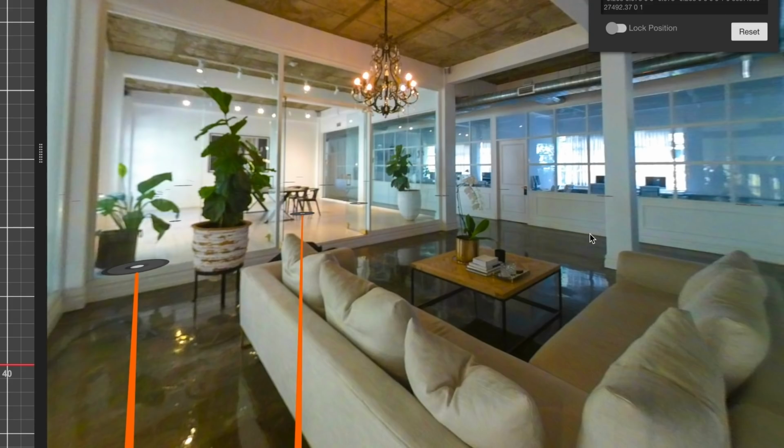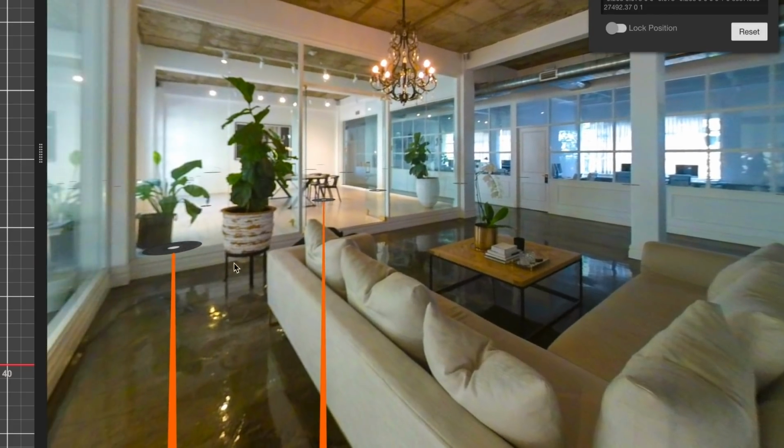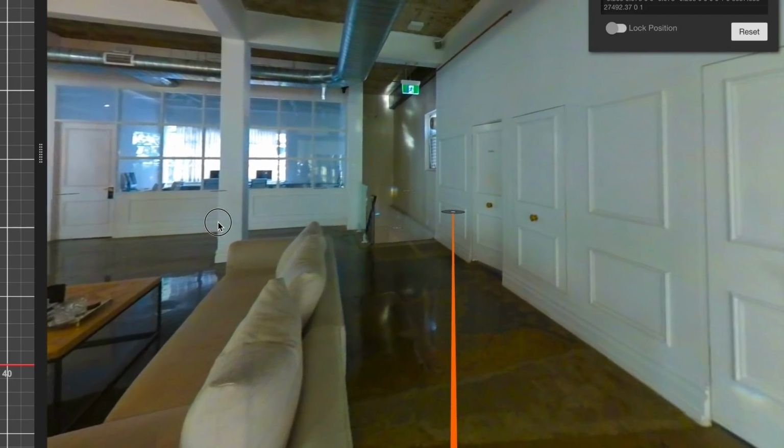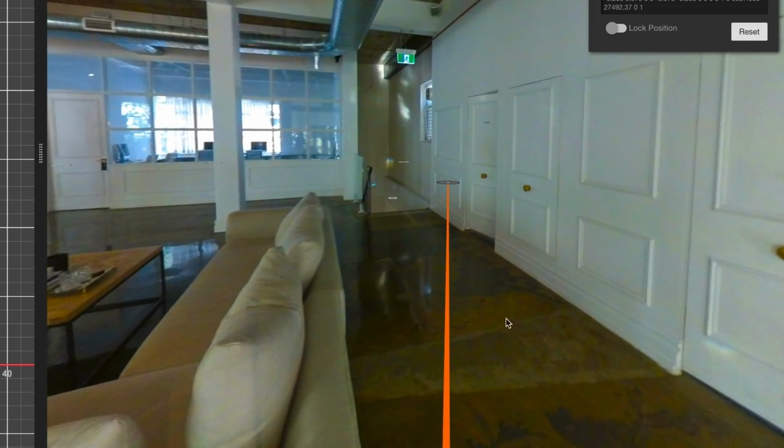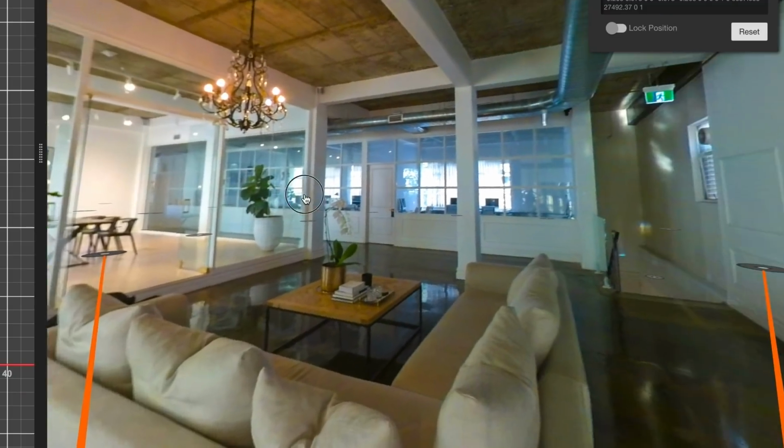The next thing you can control within Cupix is your marker height. By default, you'll find that it will probably place the marker around about the height that the camera took the photo, which is probably going to be around eye level, and that's not really good for navigation. We want them flat on the floor so we can click on the floor and we get a clear viewpoint of what's in front of us.